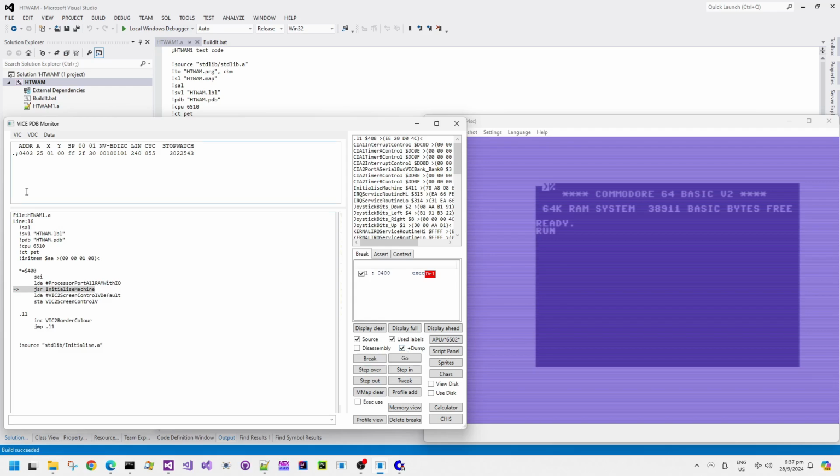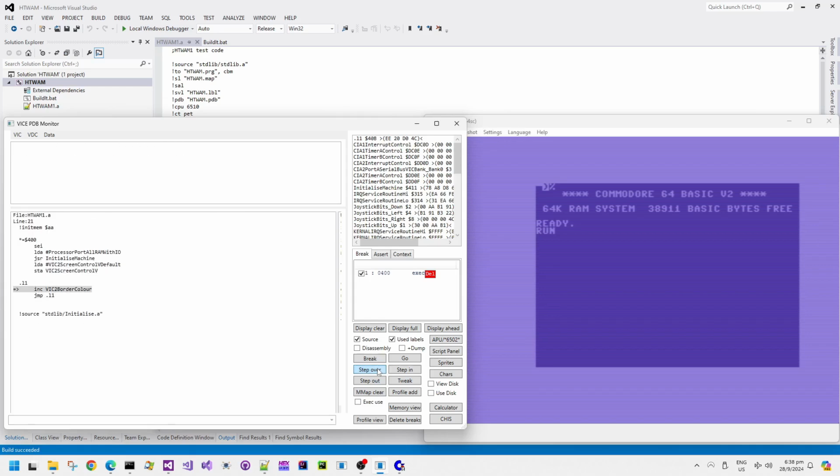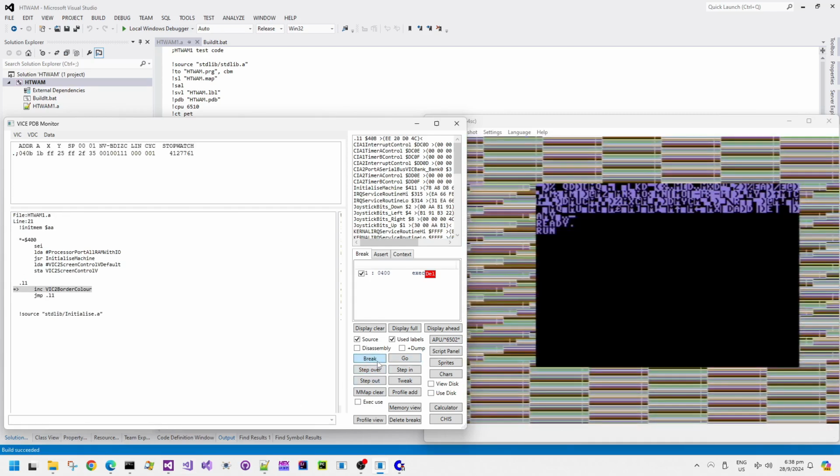I can show a dump of all of the label values if there is any memory associated with them. If I step over the JSR, then it's no problem at all for the debugger because it uses the step over functionality in the Vice monitor itself. And then it goes into this code, which just does the increment border color. So this way of developing, assembling, and debugging with source code view assembly language programs is a lot more comfortable,